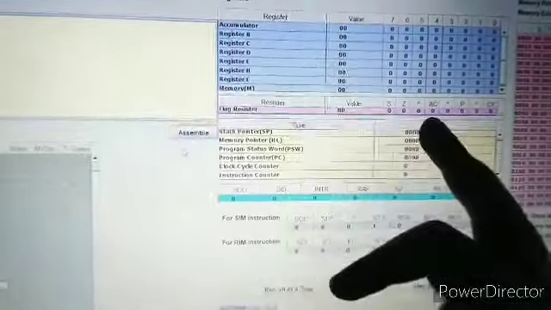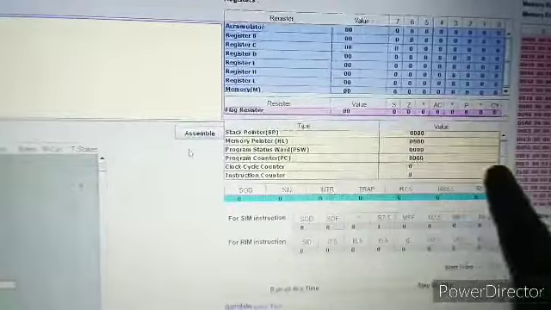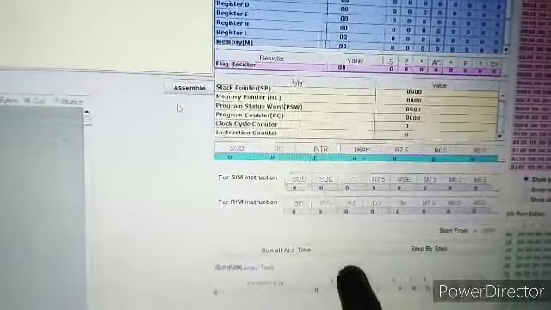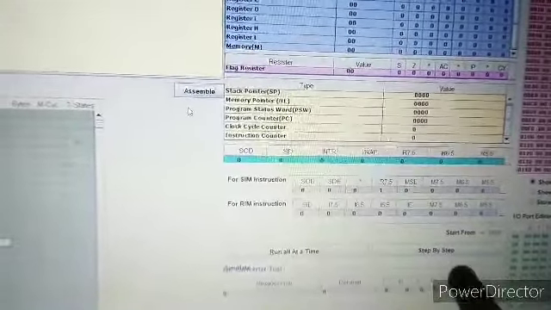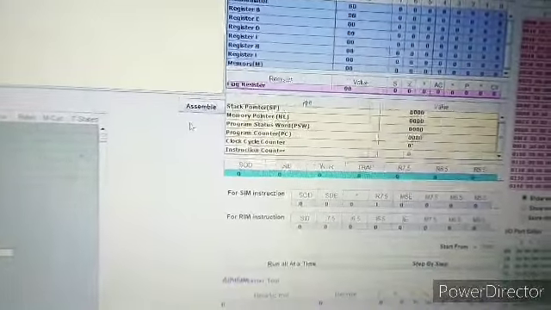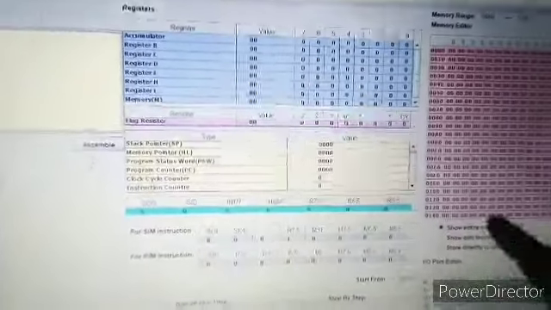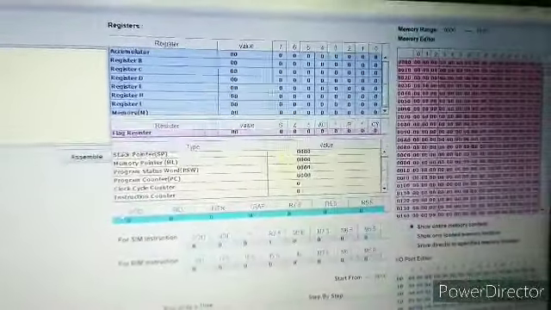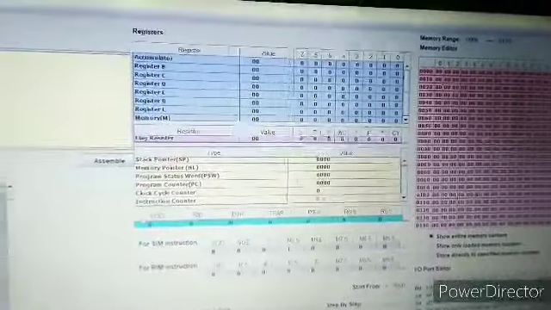Here the flag register, the stack pointer, memory pointer and all. Whenever you write a program, there are two options: run all at a time, and step by step. If you want to see how the process is executed step by step, you can just check it out. And there is the memory range. There are also options: the entire memory location, loaded memory location, and directly.